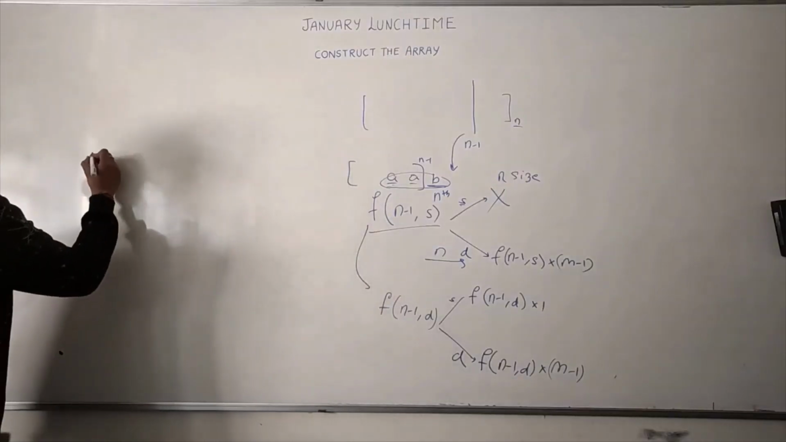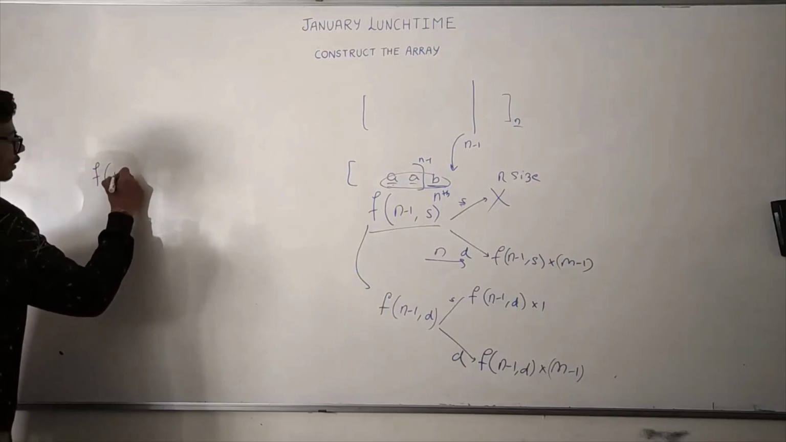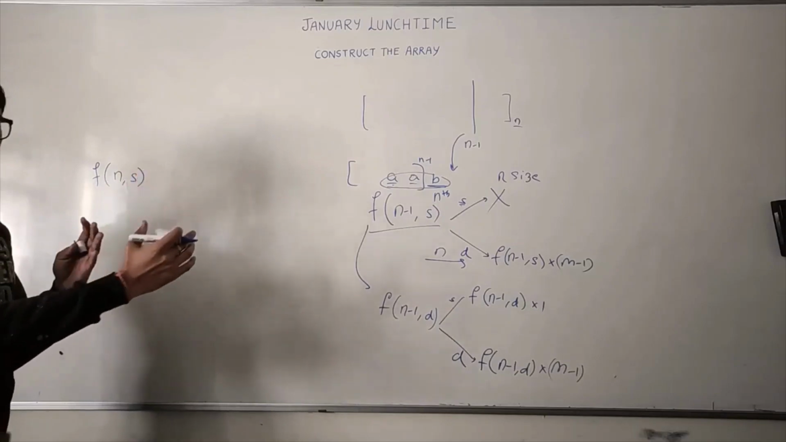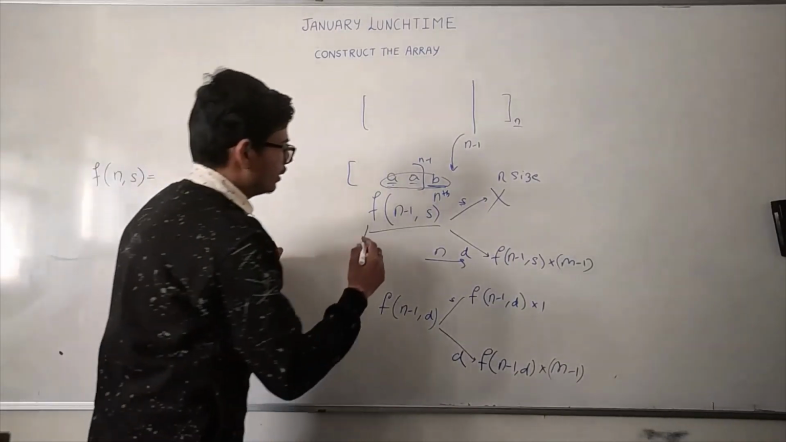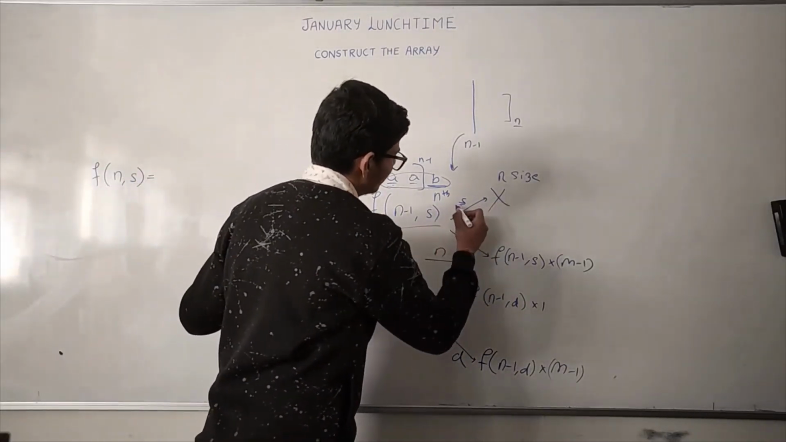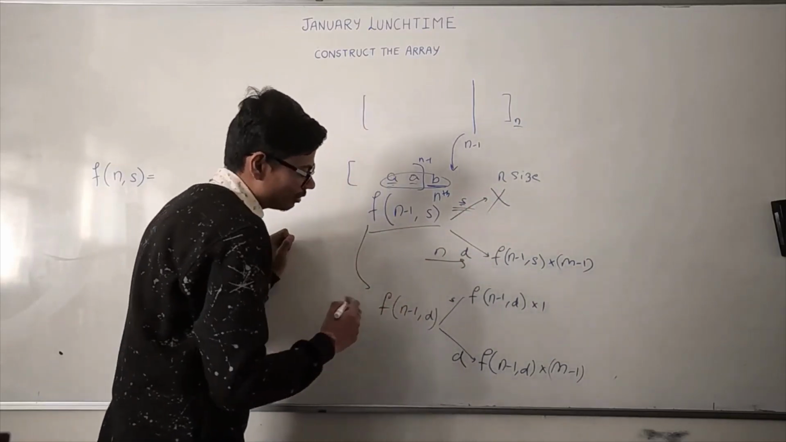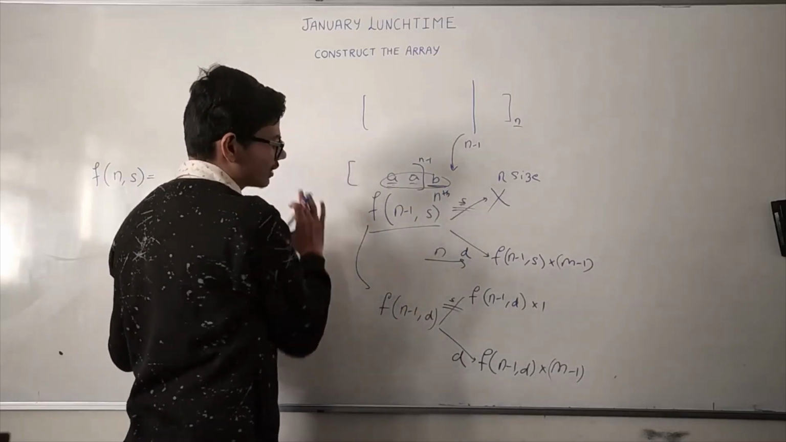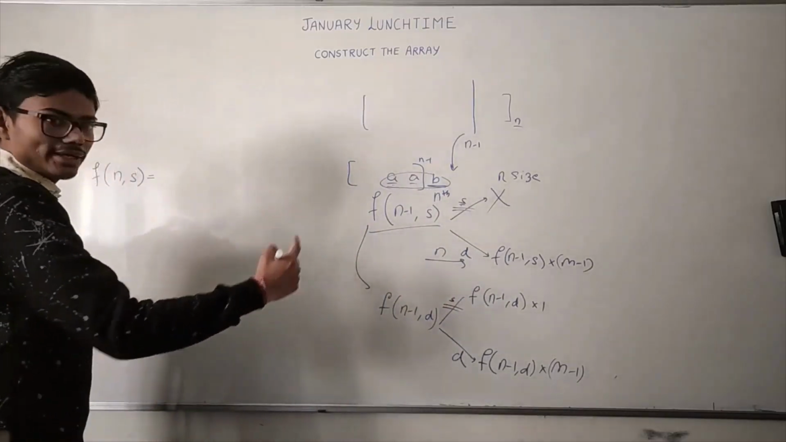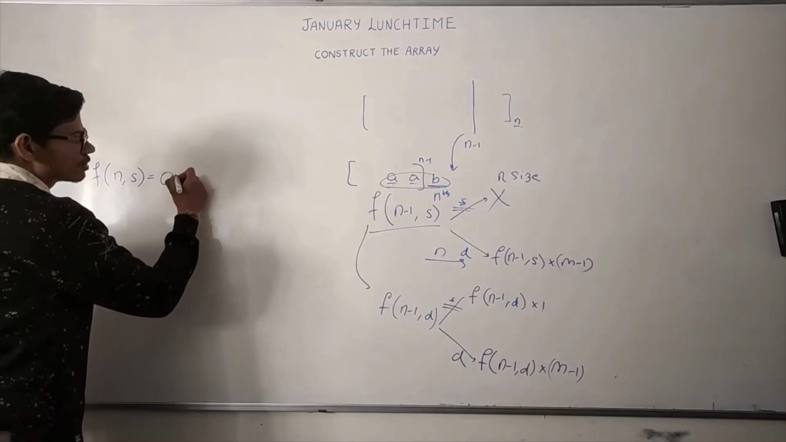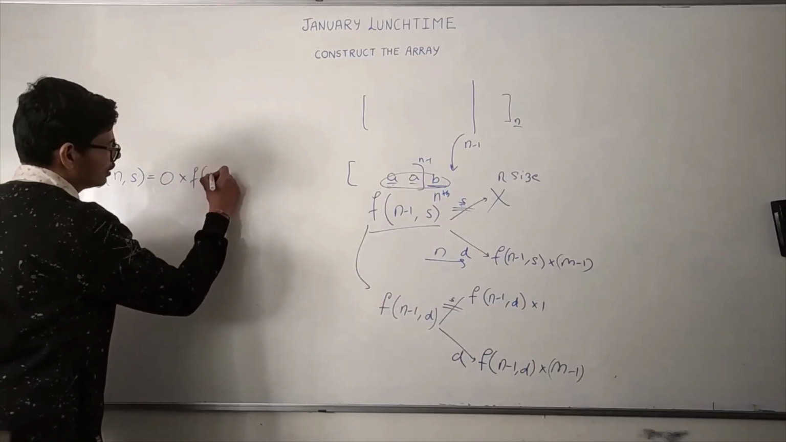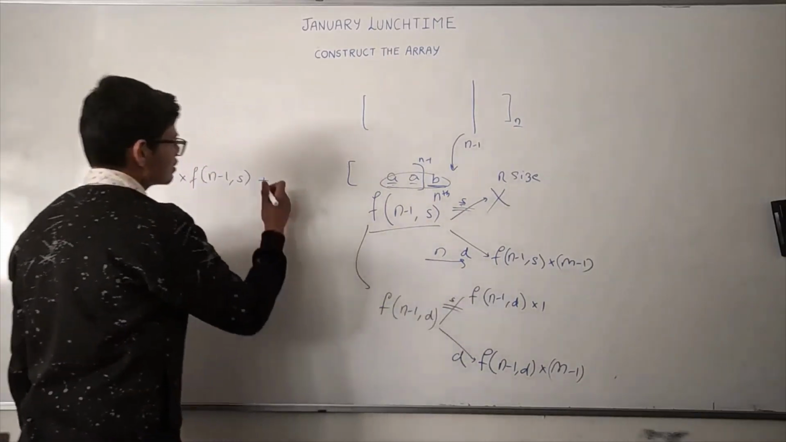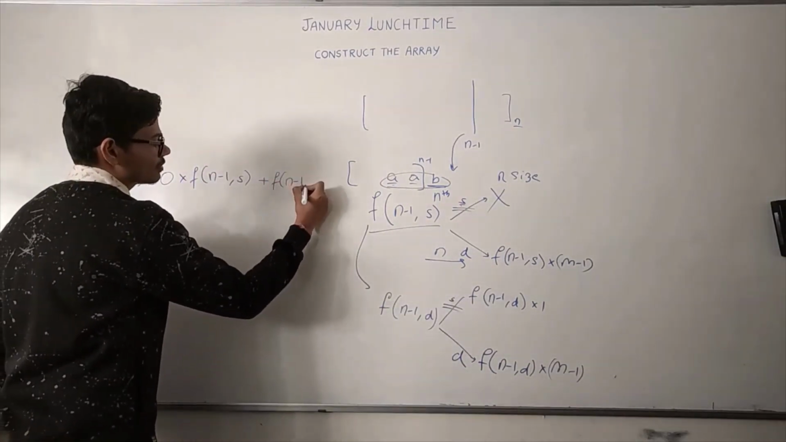We can write this solution as f of n comma s, in which we have constructed an array of size n and the last two elements are same. Since this solution is coming out from this case when the last two elements are same and this case, because these two are the same cases, the rest of the things are different. So we have to add these both to the solutions. So 0 into f of n minus 1 comma s plus this case is f of n minus 1 comma